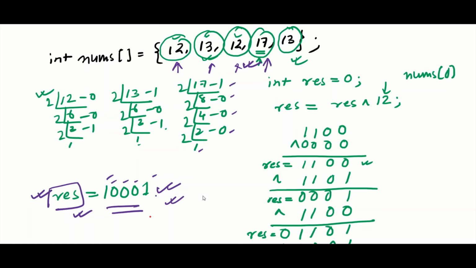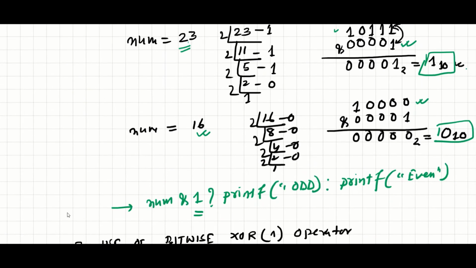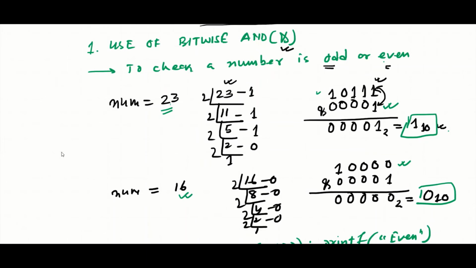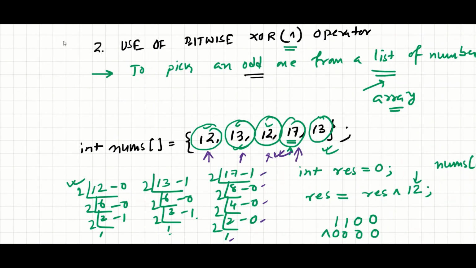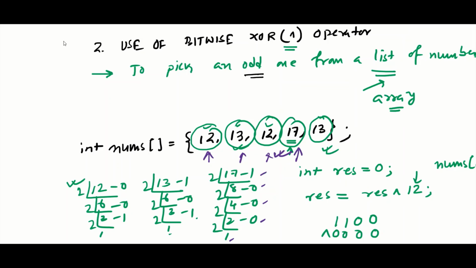Okay, so I hope you like this video. At the very first part, I discussed how the bitwise AND operator can be useful to check whether a given number is odd or even. If you perform bitwise AND operation on a particular number with 1, and if the result is 1, the answer will be an odd number. But if we get the result as 0, then the number will be even. That is an application of bitwise AND; there are many such applications. And in the second example, we have seen how an XOR operator can help us convert 15 lines of logic into hardly 2 to 3 lines of code, not more than that.